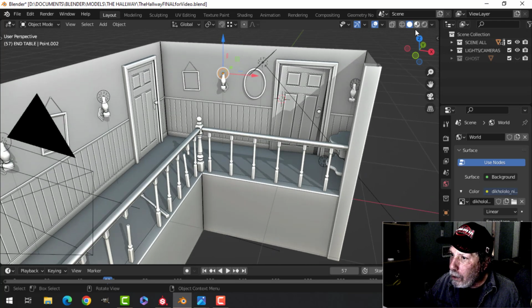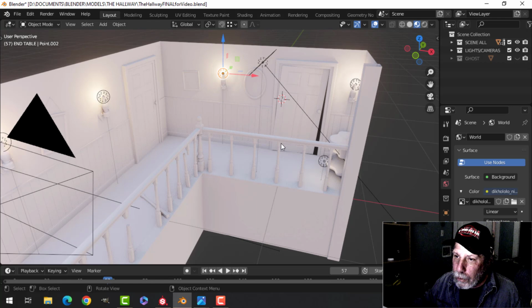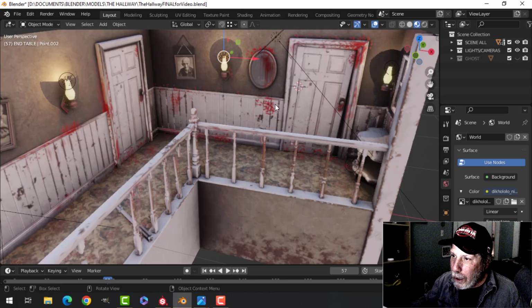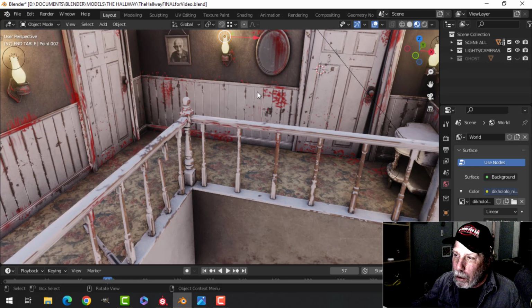All right, so let's have a look at this in the material preview and take a moment to load the textures, because I did the textures using the UDIM method. So multiple UV tiles, and I believe there are 19, and I'm going to show you those. So let's just let this load up, and then we'll continue. All right, so here it is, and as you can see, it's already textured. So these are textures that I created in Substance Painter, and there's the emission that I was mentioning on the